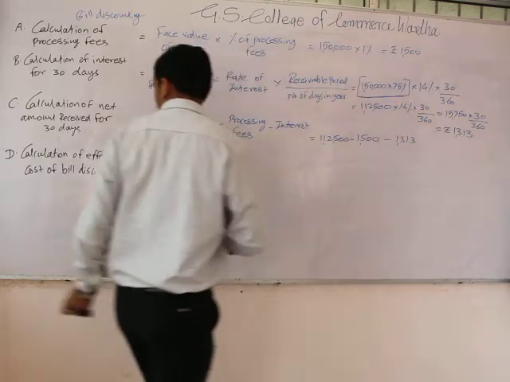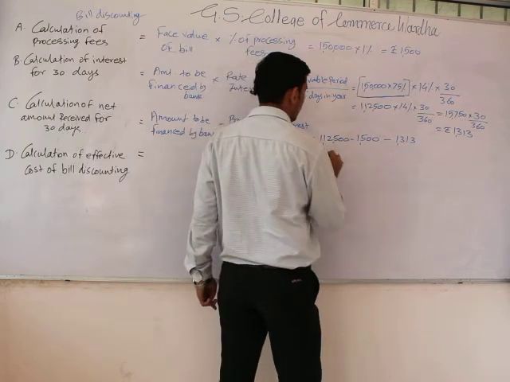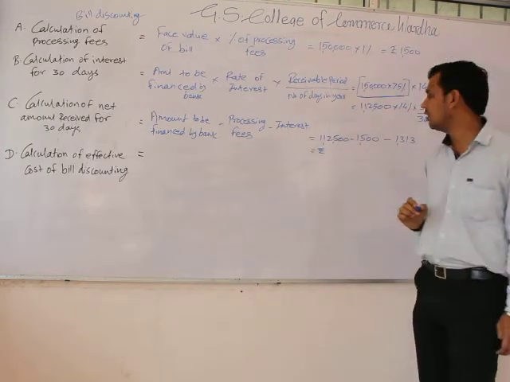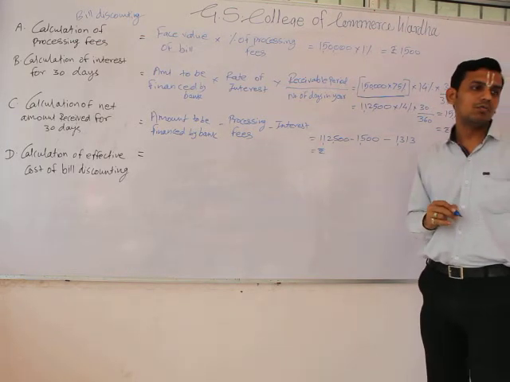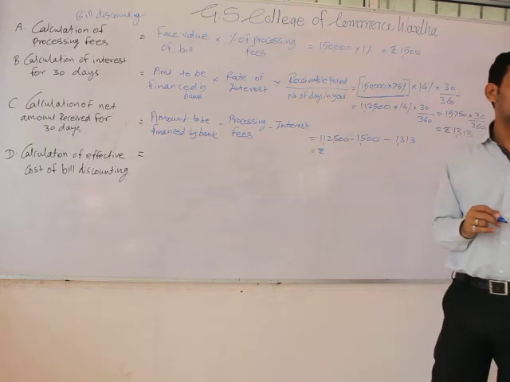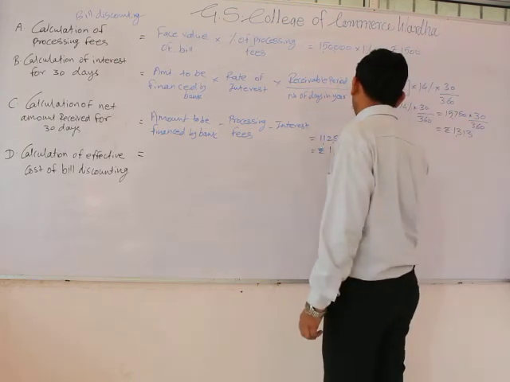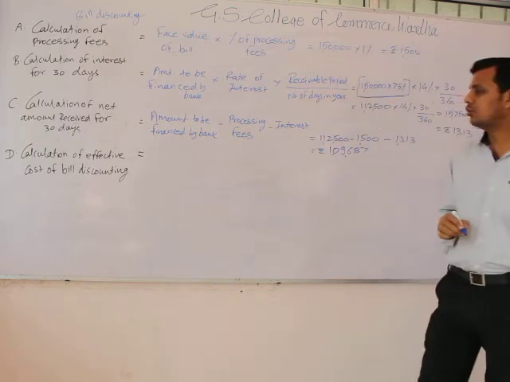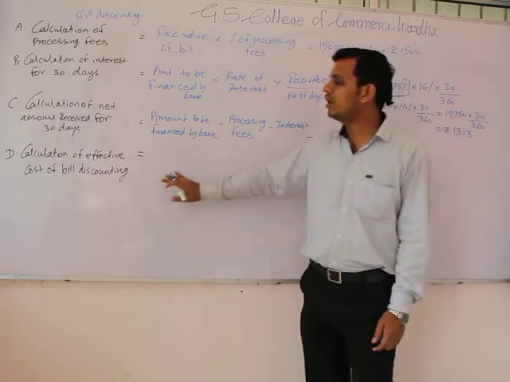So this was the total amount receivable by the company, that is 1,12,500 minus 1,500, that would be 1,11,000, minus 1,313. So the total amount would be 1,09,687. Lastly, we have to calculate